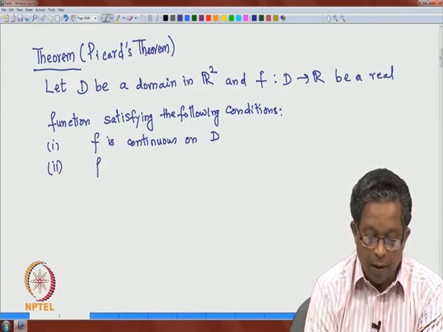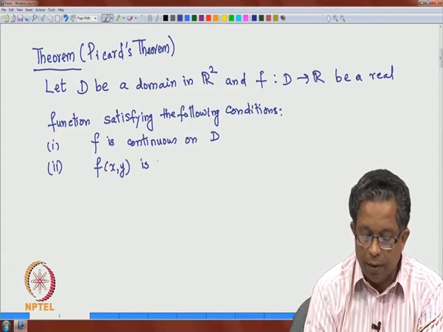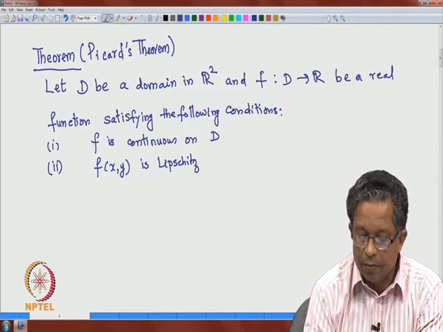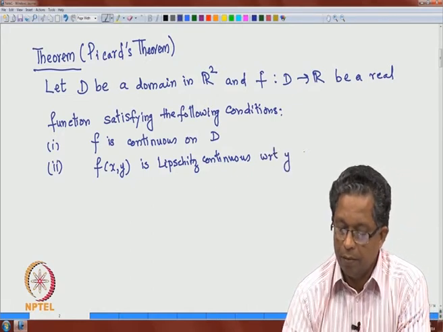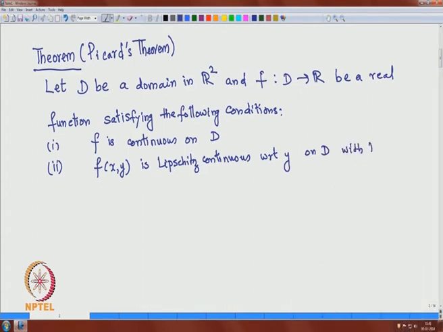and f of x y is Lipschitz continuous with respect to y on D with the Lipschitz constant alpha, which is a positive constant, and let x0 y0 be an interior point on D,